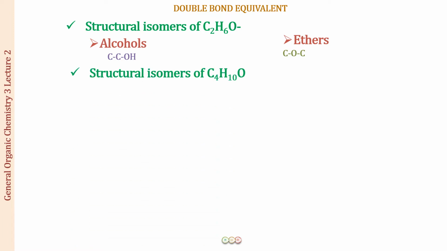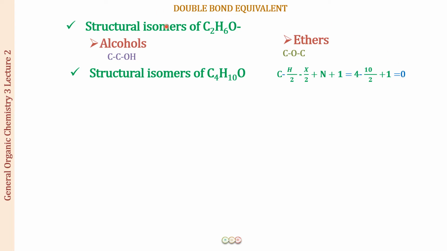Let us look at one more structure, that is C4H10O. Again, this is something that we've drawn and discussed in the previous lecture as well. So I am trying to pick up only those things which we've already discussed, the possible isomers for these structures, so that you can understand exactly how we are going to draw them when it comes in the examination. All right, so let us see for C4H10O. Again, do the DBE value for this. You will find that 4 carbons minus 10 by 2, which is 5, so 4 minus 5 is minus 1, plus 1, this will be again 0. So again, this is a structure where there are going to be only single bonds present.